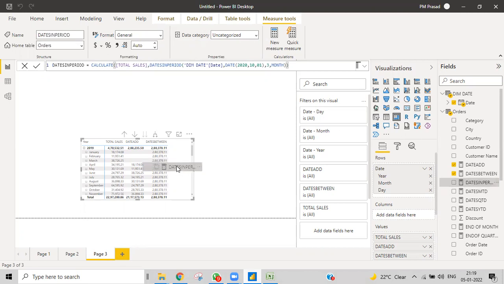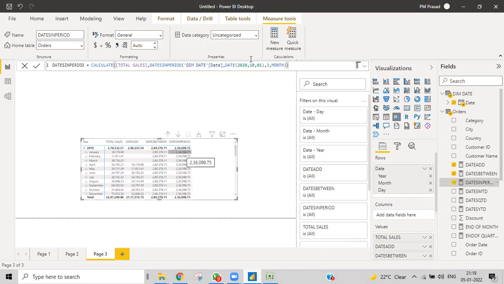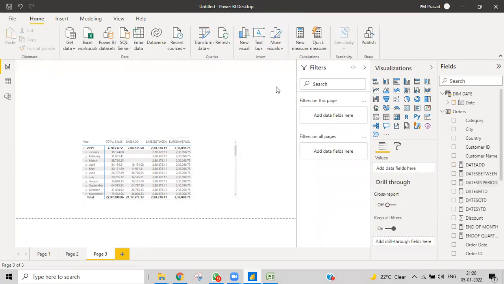So again, DATESINPERIOD. Here you can see it is going to give results for those particular dates only, but we didn't give the end date. We gave the period. Understood? This is what we need to understand, the difference between DATEADD and DATESINPERIOD. DATEADD goes with the period only, but it doesn't take the entire four or five months.